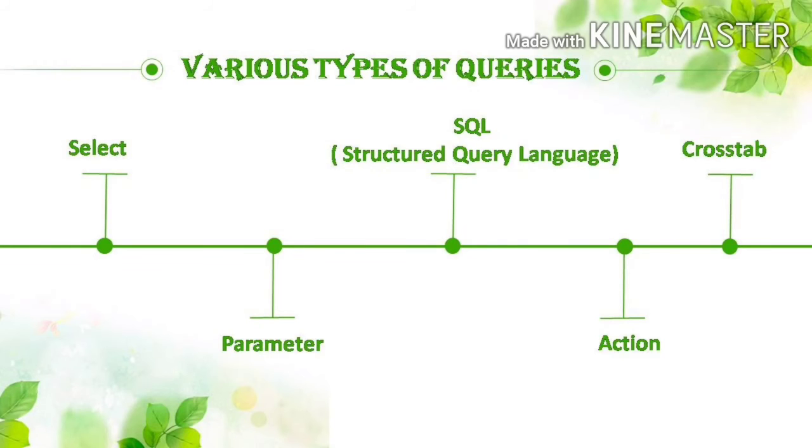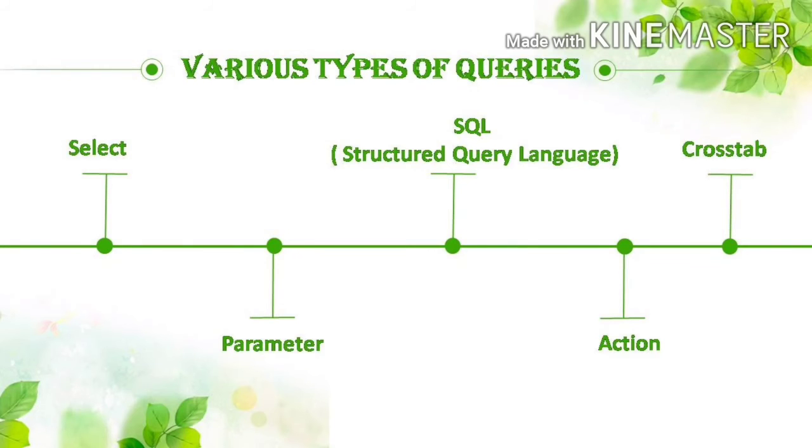Similarly, parameter query is also a type of select query. But what is the difference between parameter query and select query? In the parameter query, you will get a prompt for input before it runs. For example, you can design it to prompt for 2 dates. So Access will retrieve the data between these specified dates.